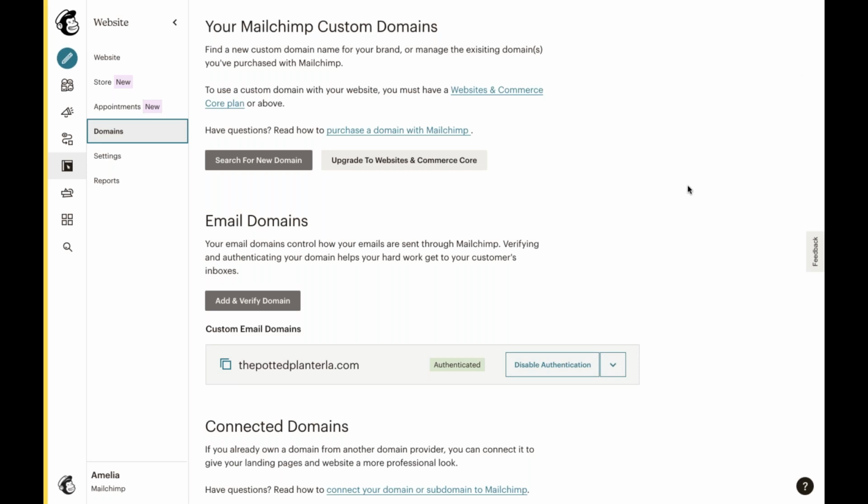Now, for context, although it's not required, we always recommend that you authenticate your domain. This process helps to ensure emails get delivered to inboxes and is an added layer of protection against spam. If you want to authenticate your domain, it is done outside of MailChimp through your domain provider and involves setting up records in your domain that point to MailChimp. We will include a link in our follow-up email that lays out the steps to take to verify and authenticate an email domain.